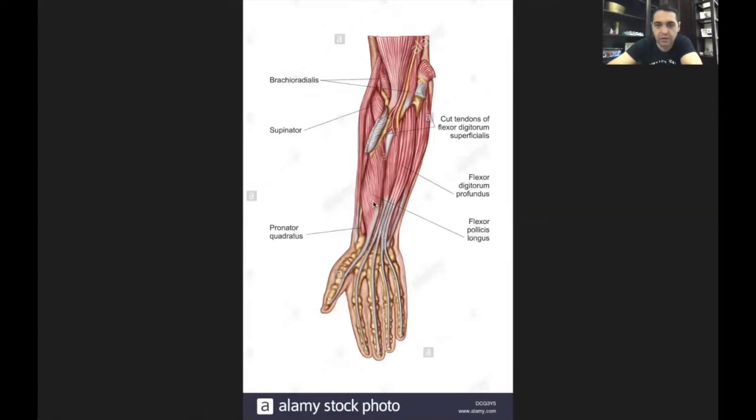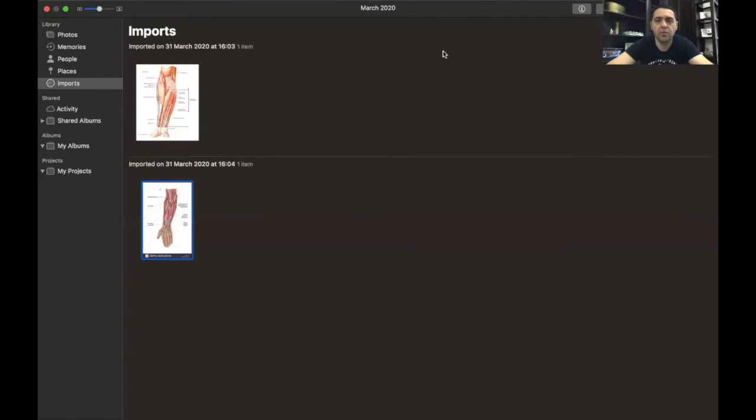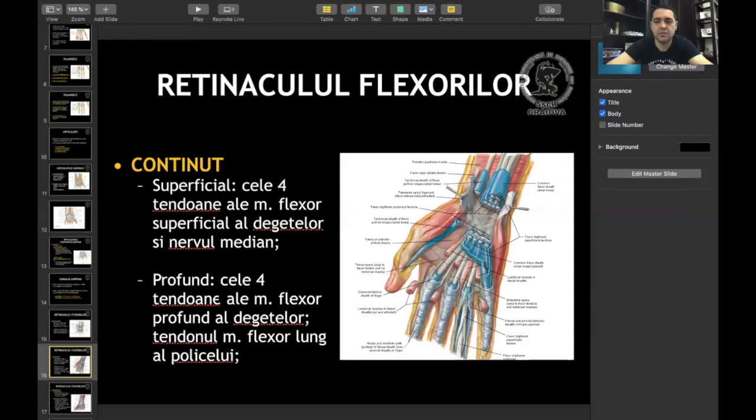Here we have the flexor pollicis longus, goes there, and also for the digits. These are the main muscles and the main tendons. And now, if we return to the tendons, all right, so we can see in this picture